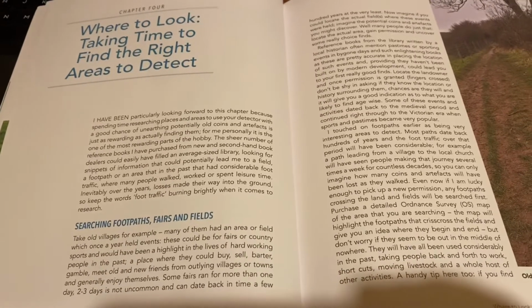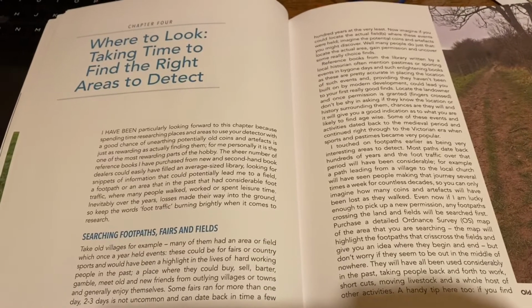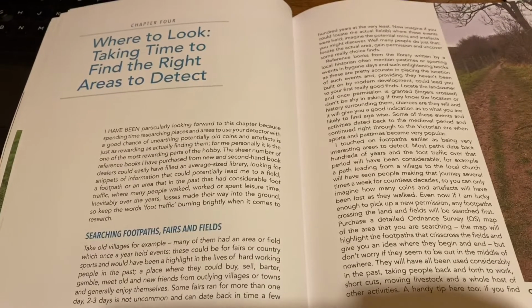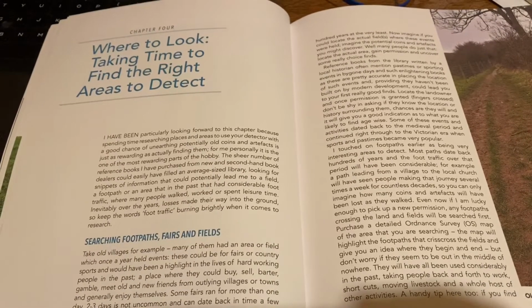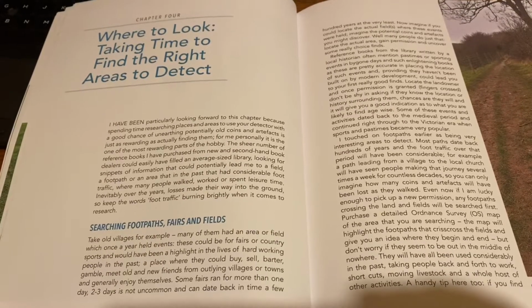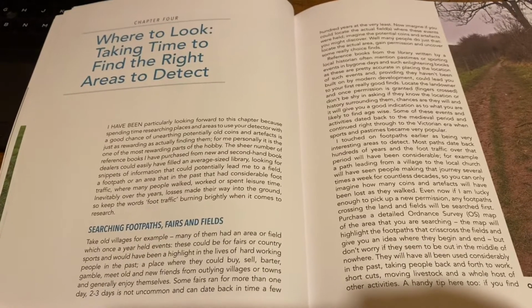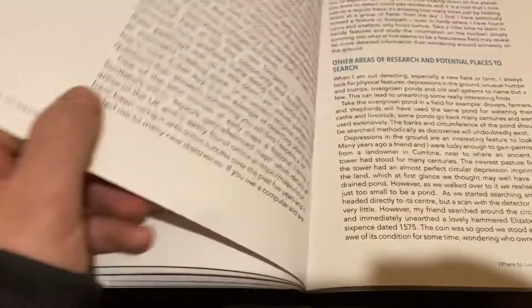Now, footpaths in particular, I made an effort to look for old footpaths after reading this book, and I found an old footpath on a raised section of land where I found silver coins, copper coins, and quite a few of them. He also goes on to say